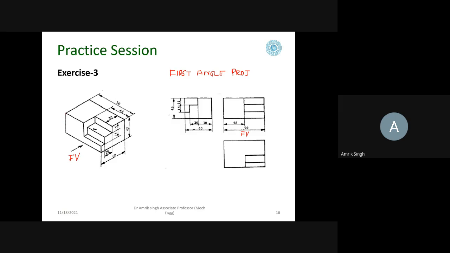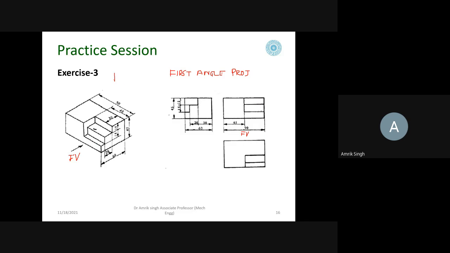So if you see, so this rectangle, this is shown. Then this line is for the first line, and this is the merge with this. So first line, second line, third line. So this is the front view.